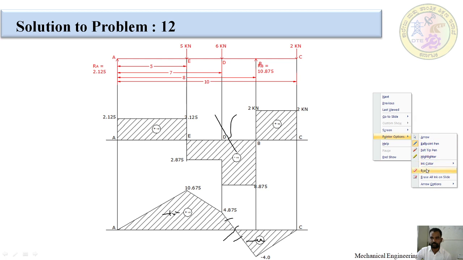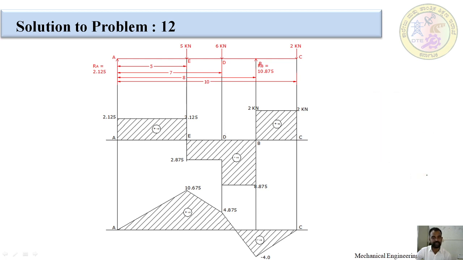I have already told you the contents we covered in this class. First is the overhanging beam with point load, and secondly we covered the point of counterflexure. Listen carefully: in a bending moment diagram, if the bending moment value crosses the baseline from negative to positive, this particular point we call the point of counterflexure. Okay, this is about the point of counterflexure.